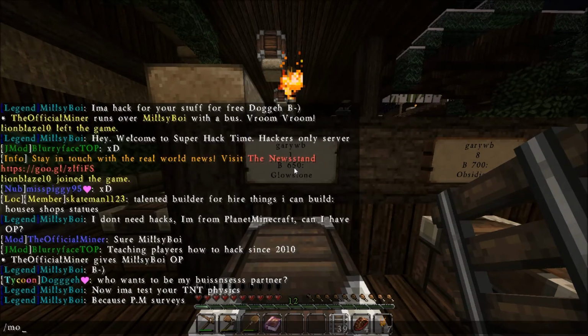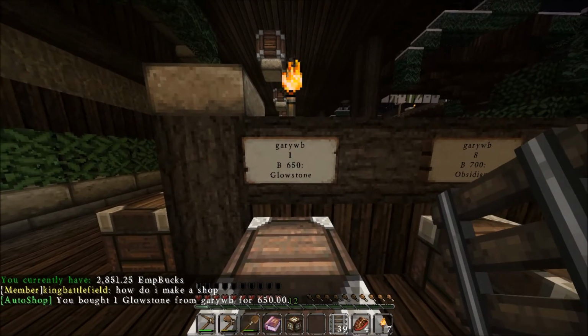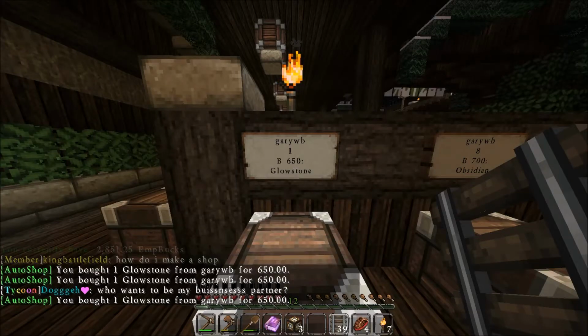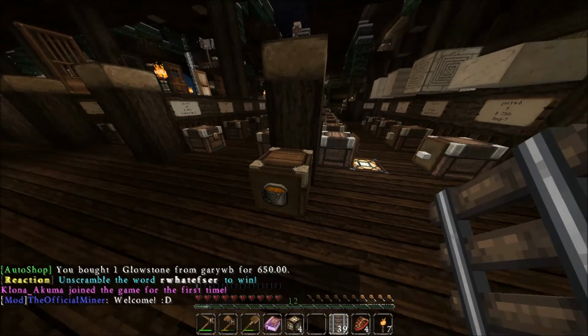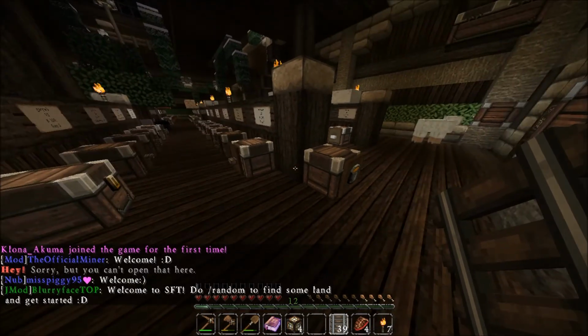We have 2,000. So we'll get 4 of these. 1, 2, 3, 4. Yeah, you just right click on the sign to buy them. And there we go. We've got a bucket of lava there. I don't know what that's for, but